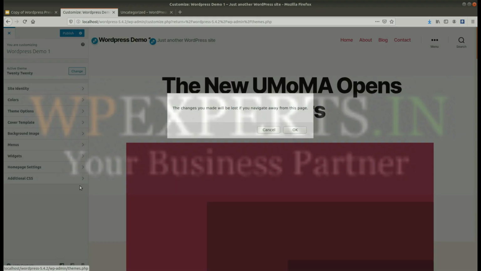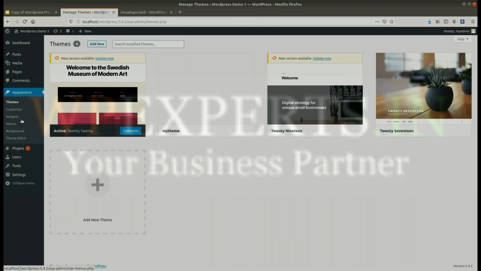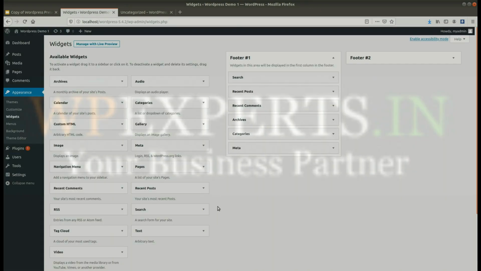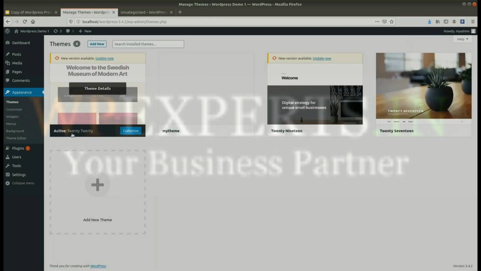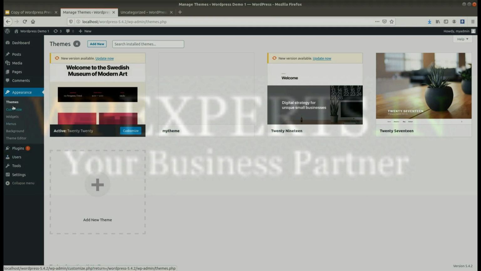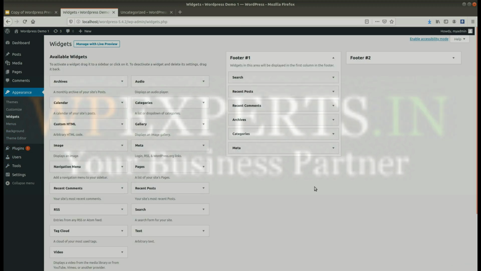So these are the settings to customize the website, and here you can see widgets. By default, as we are currently using the active theme Twenty Twenty, this theme does not allow adding a sidebar.